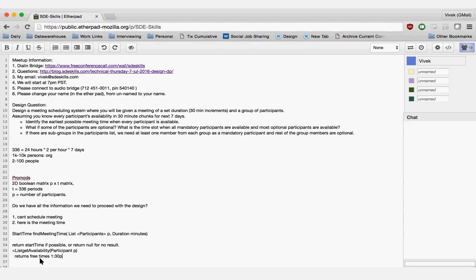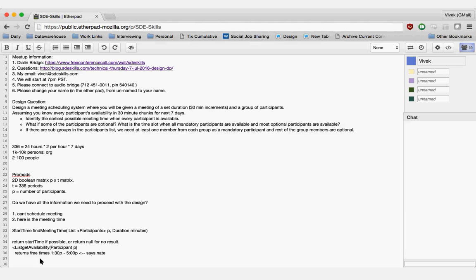Can I interrupt? Go on. I was thinking that the object that we receive should be something of an interval. We don't actually care about each and every interval of the person's availability, just whether he is available for an interval. Say a person is available from 9 a.m. to 4 p.m. We now have the interval, and we can use it to find whether the meeting is possible. Since we know the meeting duration, which has a start and end time, it's fairly easy to determine whether the meeting is possible.